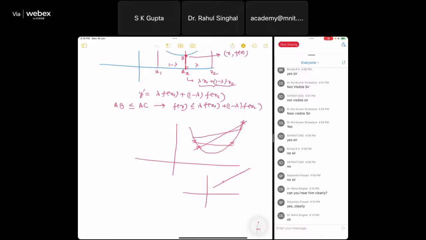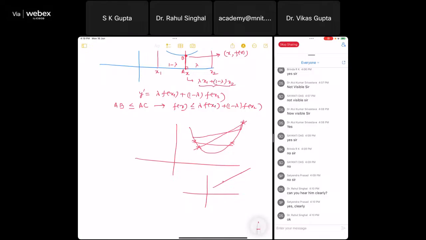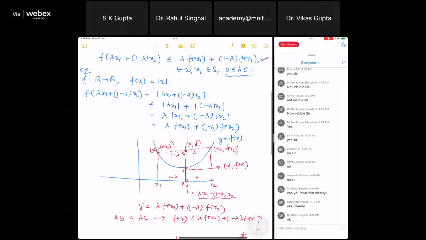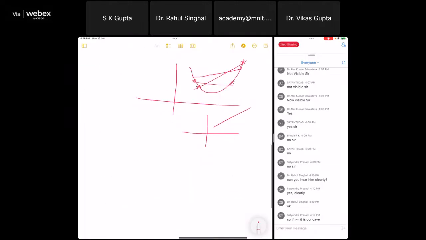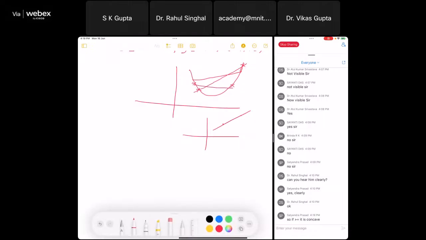So if you take any two arbitrary points on the graph of the function and join the chord, and the chord lies above or on the curve, then we can say that the given function is a convex function. So this definition geometrically means that the chord is lying above the curve or on the curve. Now, using this visualization, we can easily predict which functions are convex or not. For example,